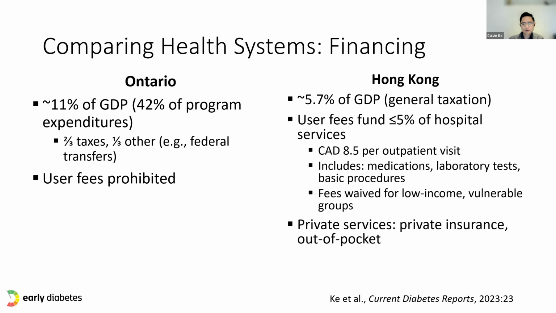$8.50 per outpatient visit. So it's not a huge amount, but it also includes everything, including their medications, their laboratory tests, basic procedures, and people who are in low income or vulnerable groups, they get their fees waived. So there's a social safety net. And then there's also this parallel private system that people with private insurance or people who pay out of pocket